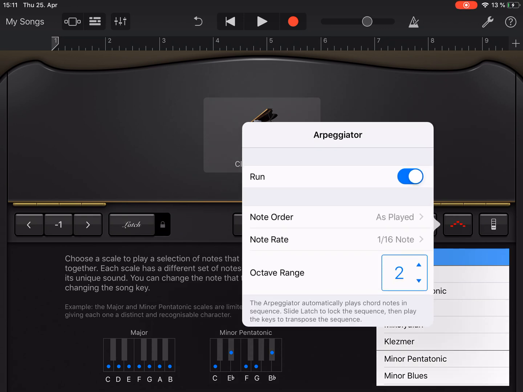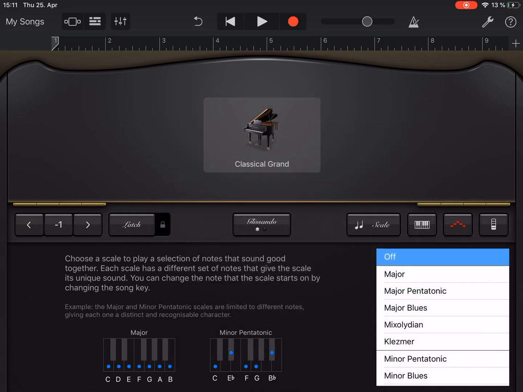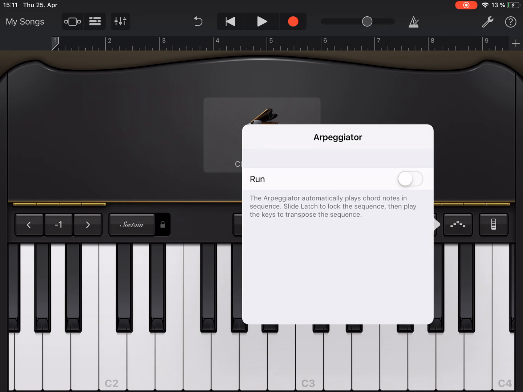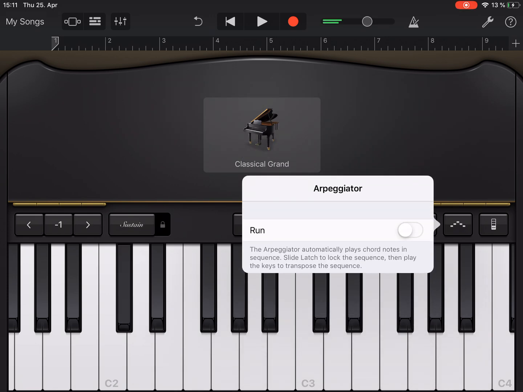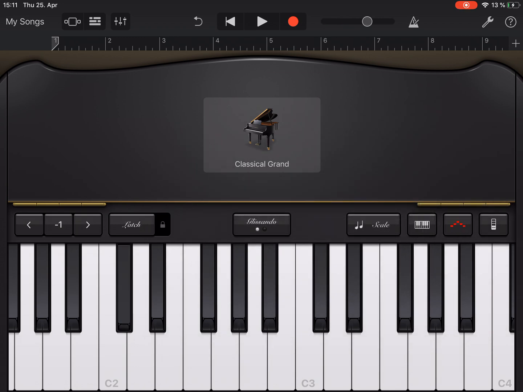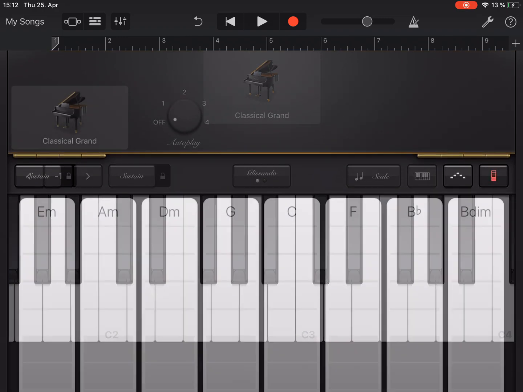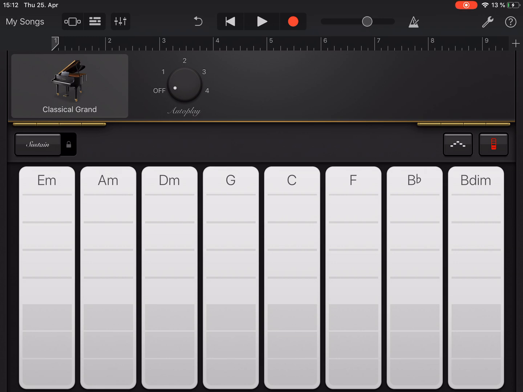This run, if I turn it on and I go back to the whoops. So the run is where it actually starts running the note instead of just one single note. So I could do, so you can do some runs on it. But for the sake of this demonstration, I'm going to use this, and we are going to use a main